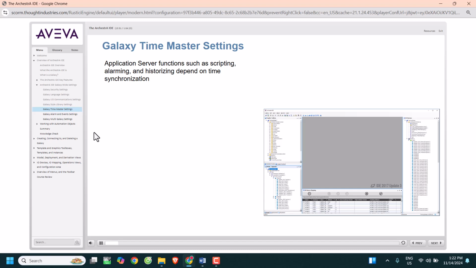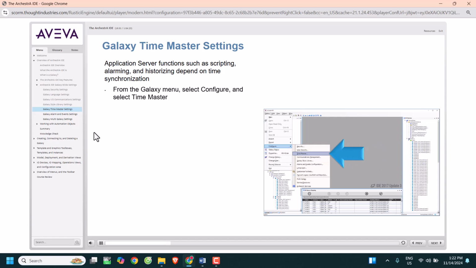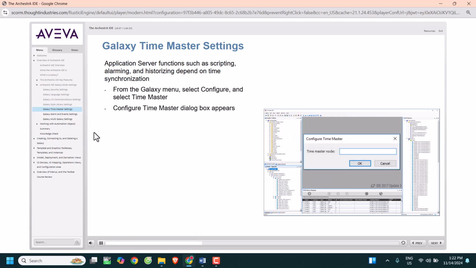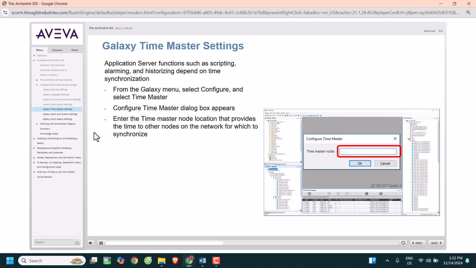Some application server functions, such as scripting, alarming, and historizing, depend on time synchronization. From the Galaxy drop-down menu, select Configure and select Time Master from the slide-out menu. The Configure Time Master dialog box appears. Enter the Time Master node location that provides a time to other nodes on the network with which to synchronize.